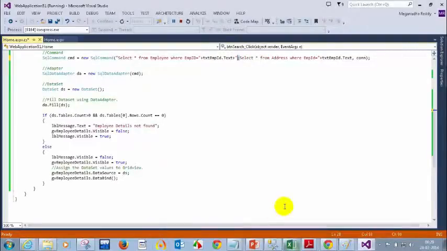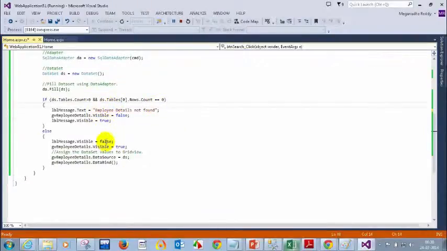Okay, so now I have added one more query here: select star from address where employee ID equal to this. Now what I need to do, if Tables.Rows are there, so first thing I'm binding, employee details not found. In the else condition,